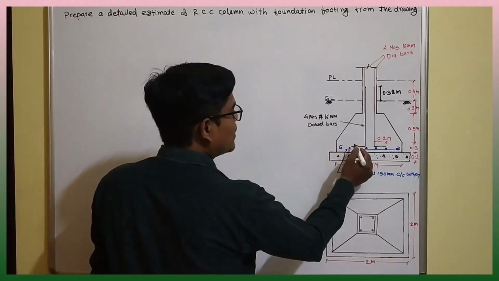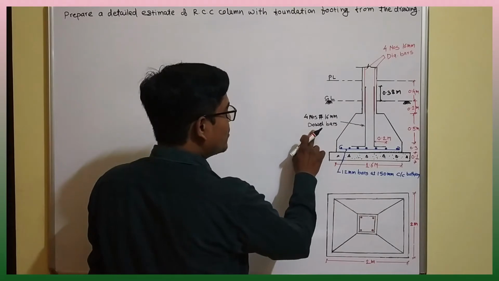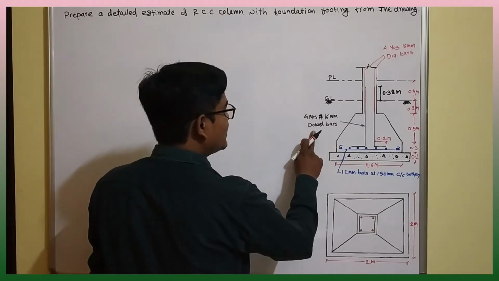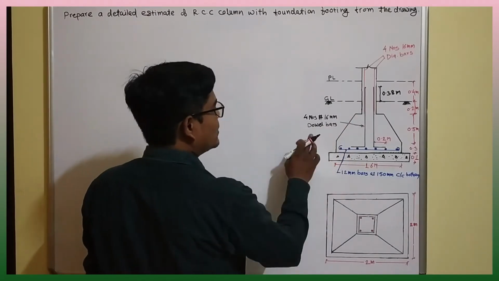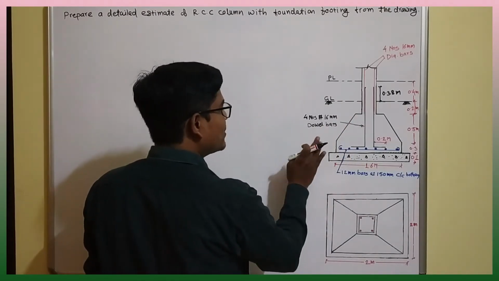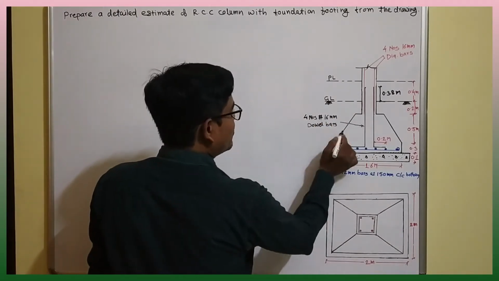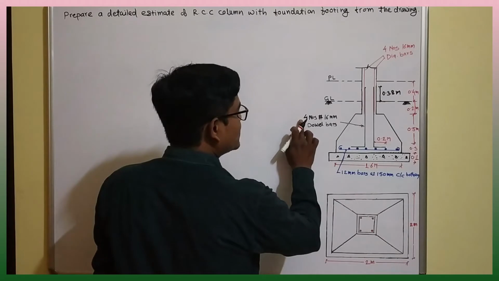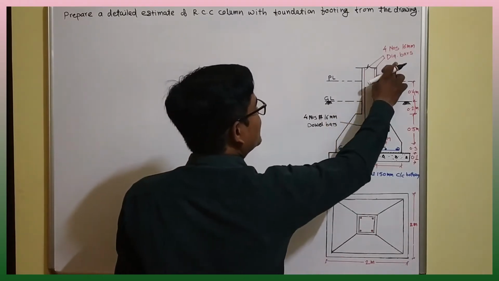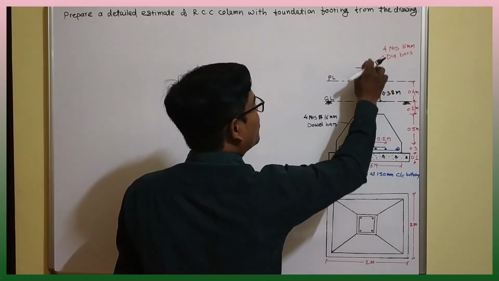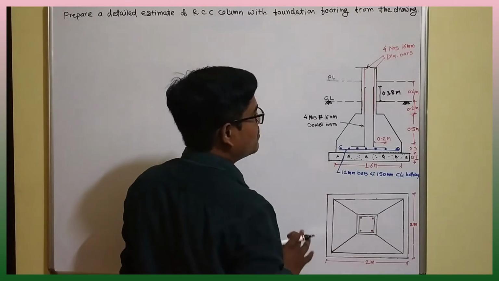Again, this is the dowel bar. So what is the use of dowel bar? The dowel bar is provided to continue the placement of reinforcement, and it is provided in the slab, beam and in column also. So this dowel bar has 4 numbers of 16 mm bars. Similarly, these are the reinforcement in the column, that is 4 numbers of 16 mm diameter bars.